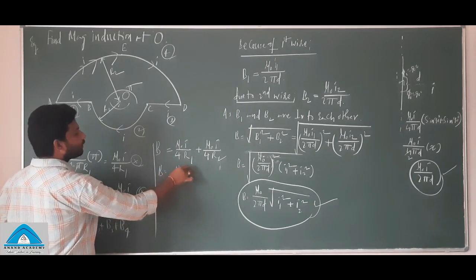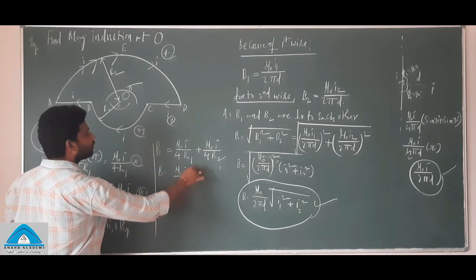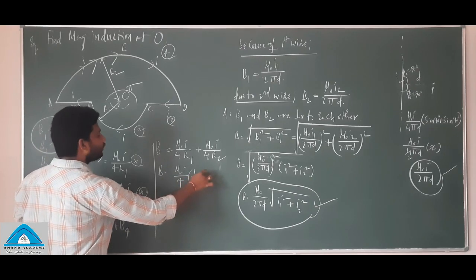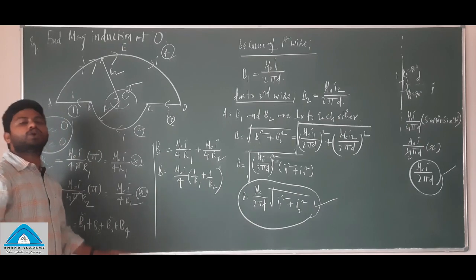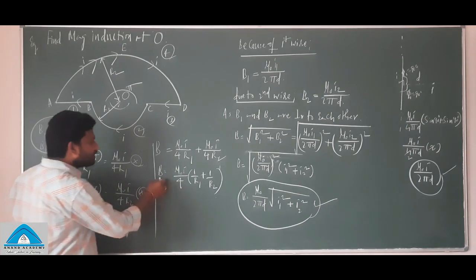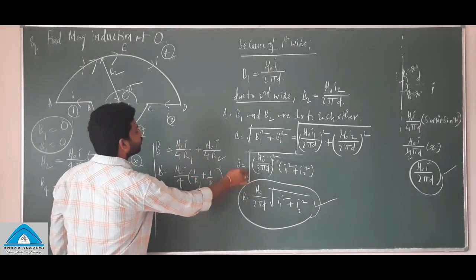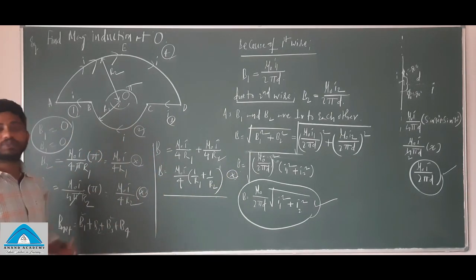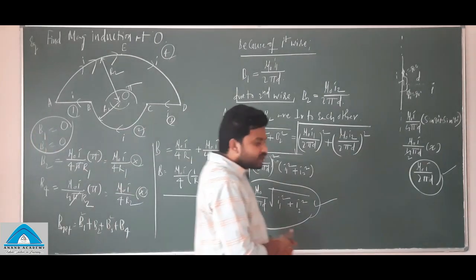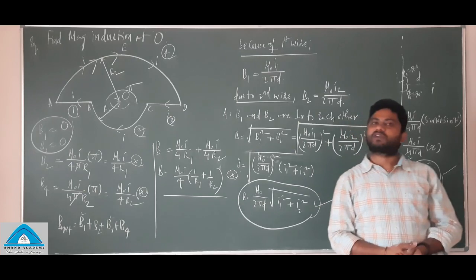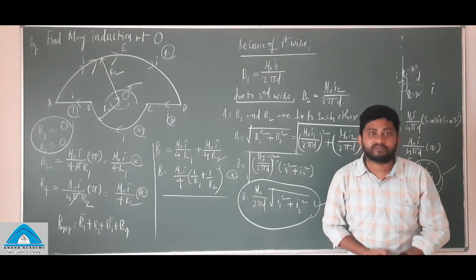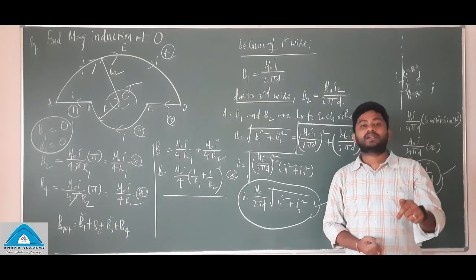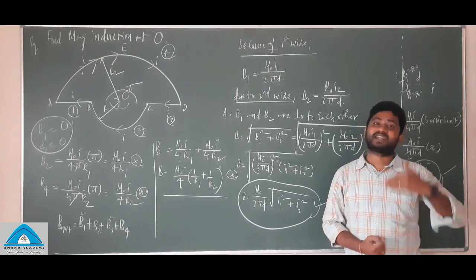Mu naught I by 4 can be taken common, times 1 by R1 plus 1 by R2. If somebody asks you to find the net direction, it is also into the plane. This is how numericals will be asked, right? So maximum types of models we have covered here, and some more models will be covered in worksheets as well as in the final assignment after the end of the